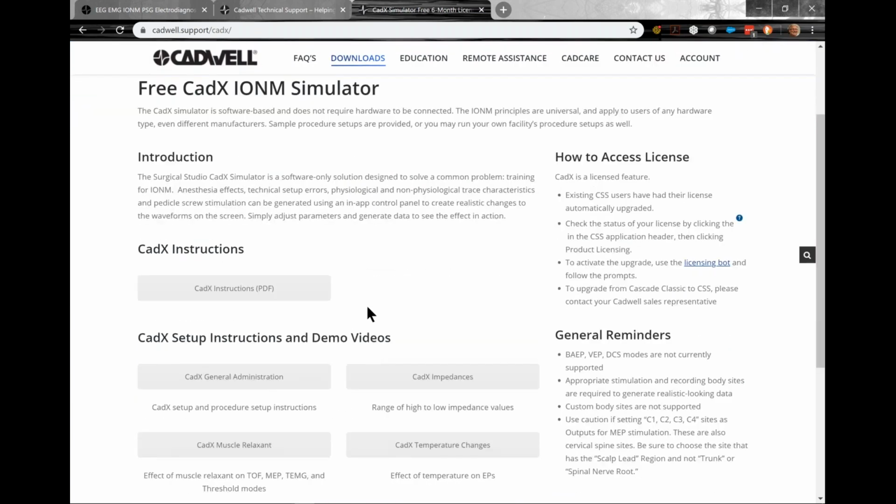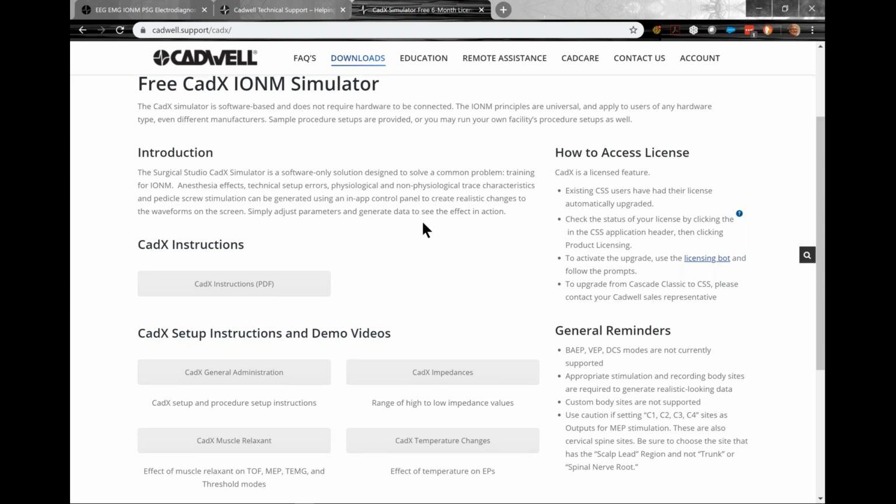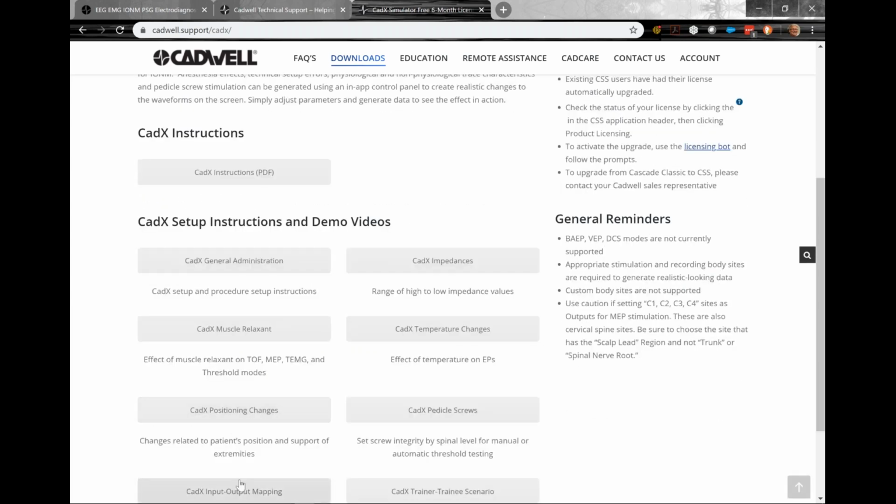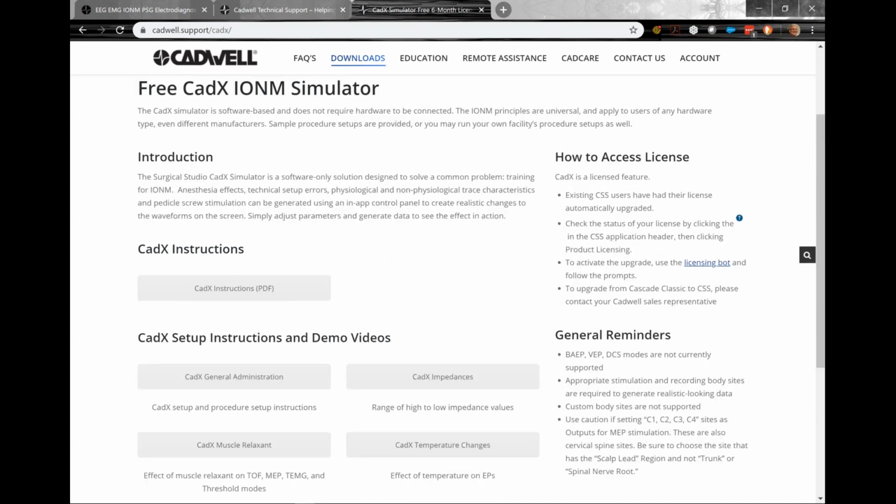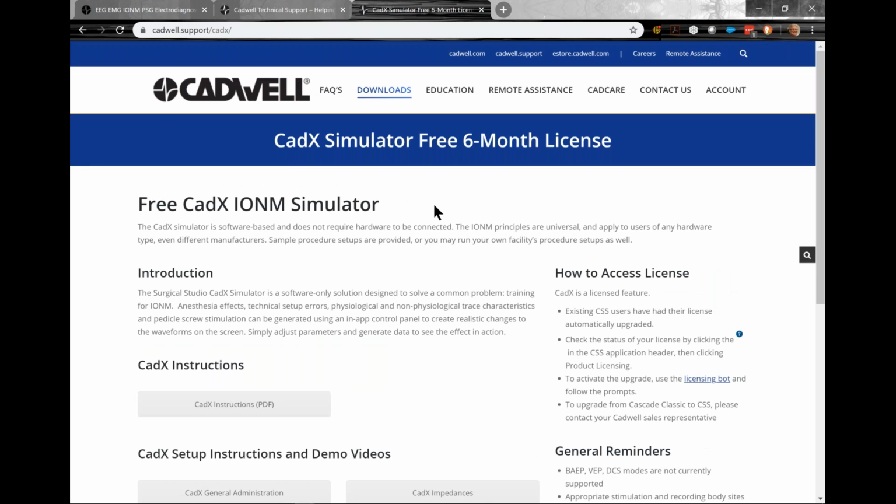Read this page. This will get you started on it. Here's general instructions in PDF, and Cindy Frankie, another one of our support specialists, has made some excellent videos showing how all the different things work, and they're all available on this page for the CADX Simulator. We will go into more detail on that in 2 weeks on our session 3, but really I would strongly encourage everybody to take advantage of this. This is really a great offer that we're making to folks to use this really cool tool during this time when we might have a little more time to enhance our skills. So with that,